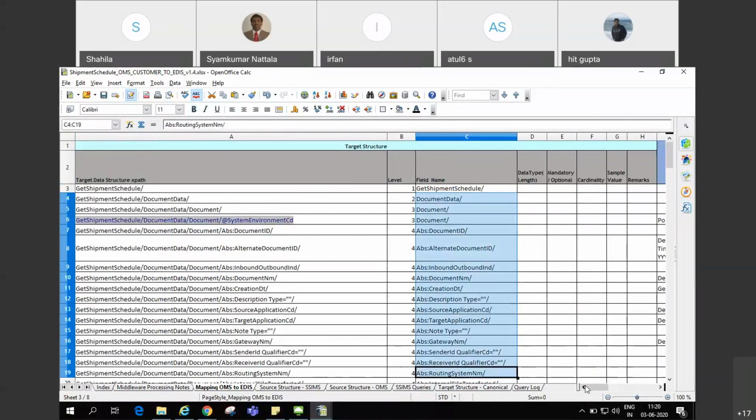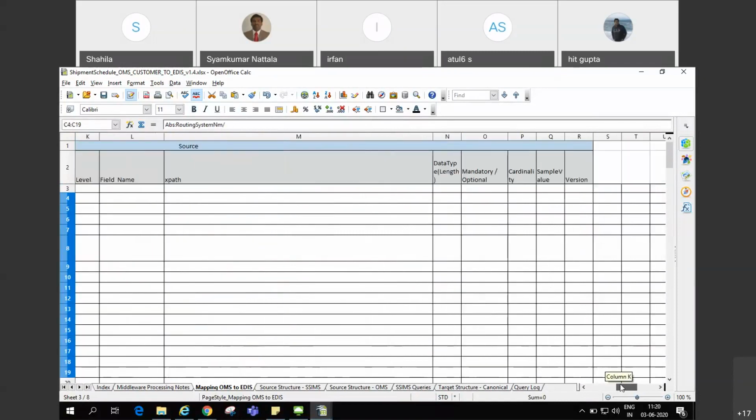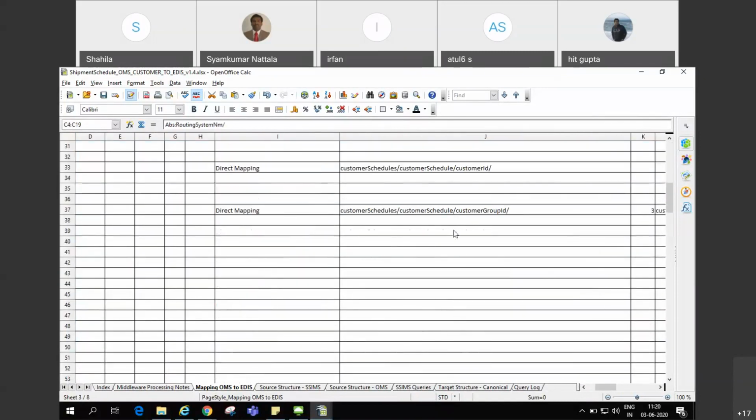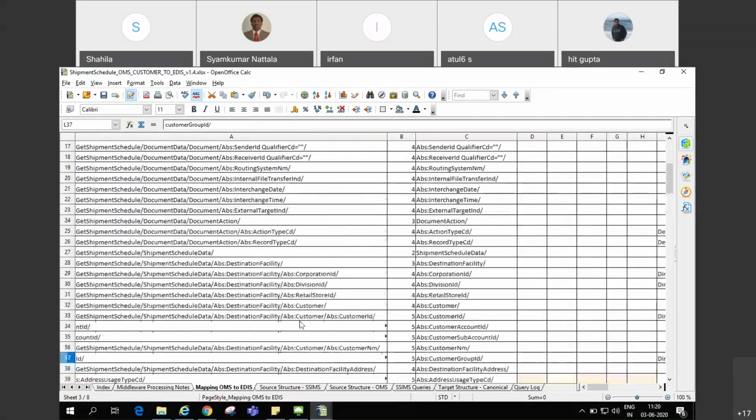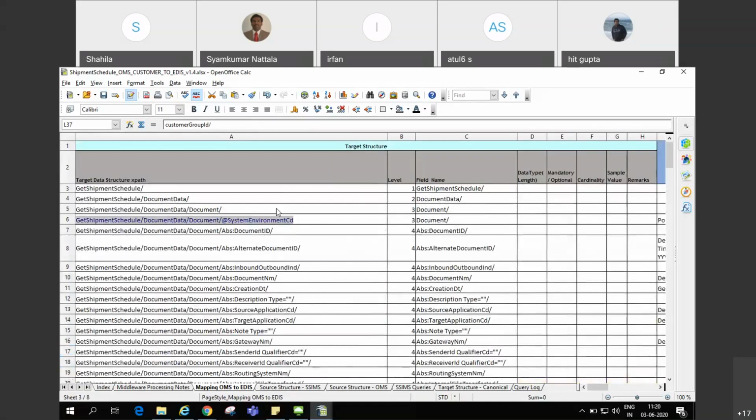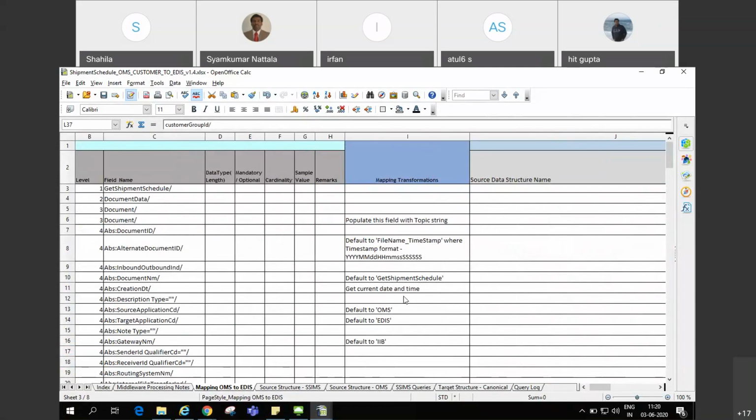So this is the one which we are supposed to create, our XML, and this source will have the XPath and the field name. The end one will be your field name. So this is how you should understand the document. And along with this information, there will also be